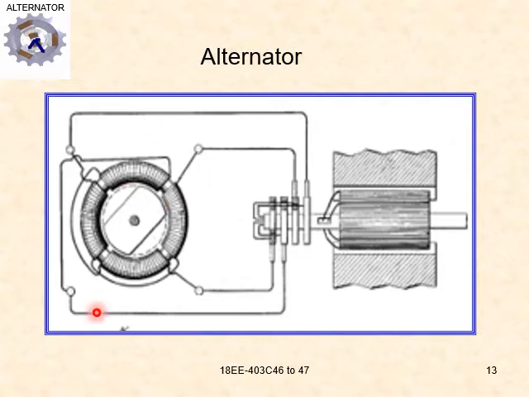Here is the alternator, you can see the connections. This is a rotating field type and this is an armature. We just take the supply from the armature and that is connected to the slip rings through brushes. You can just observe over here. So this is just a simple connection diagram of how the supply is taken to the load.